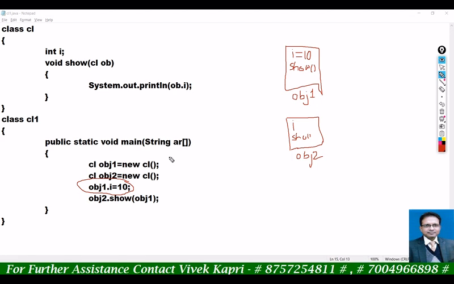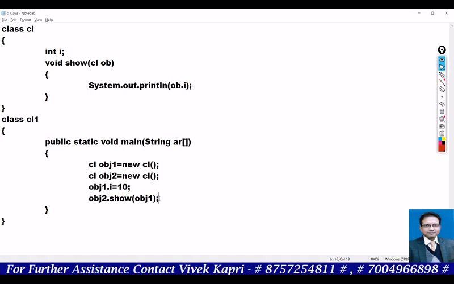You have called obj2.show, but whatever you pass, obj1, will be assigned to ob. It means ob and obj1 both are the same, both refer to the same object. So if you write ob.i, this means 10. It will print 10. Clear?